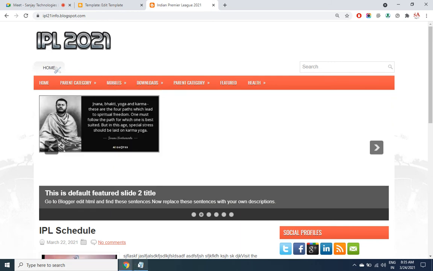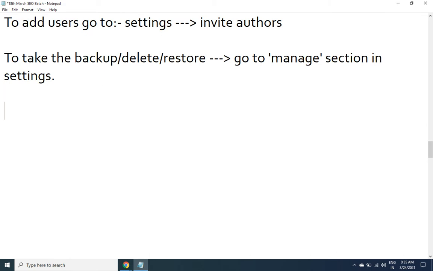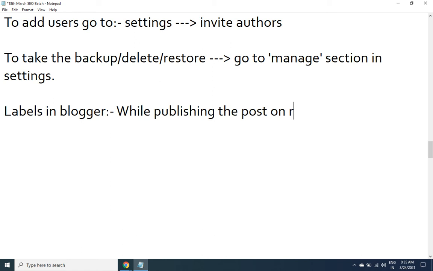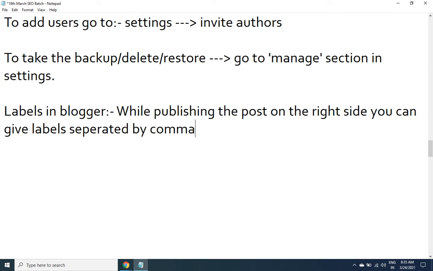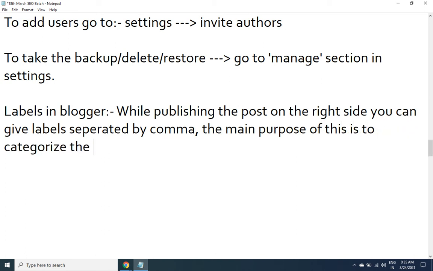So very quickly write down this point: labels categorize or group the posts.